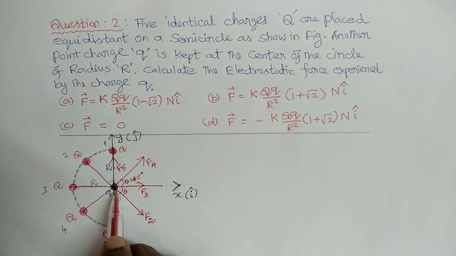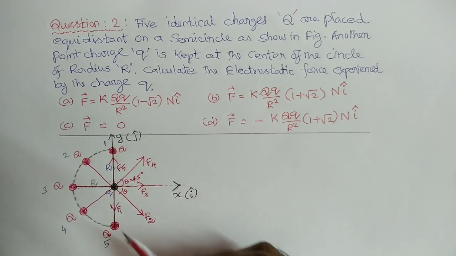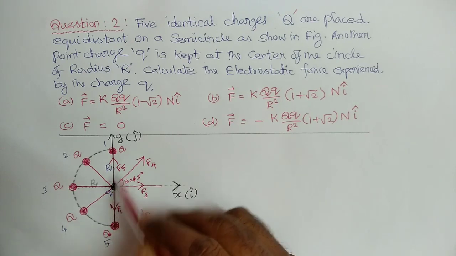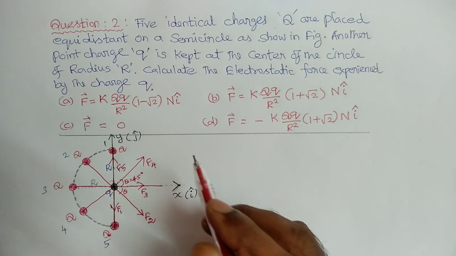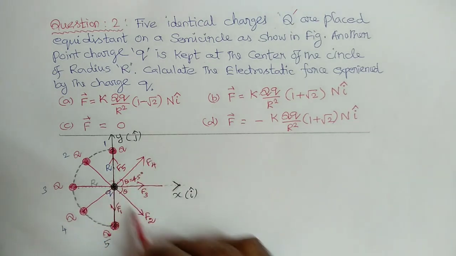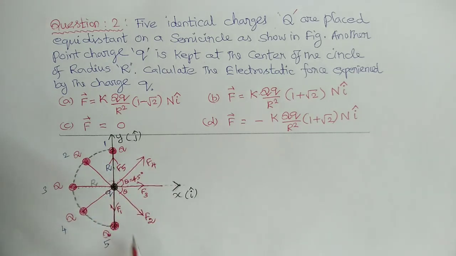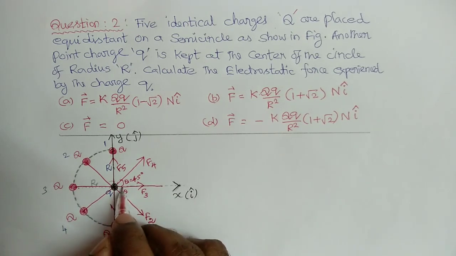Okay, so F3 is along the x-axis. That component of the vector is i cap, and F1 and F5 are along y and minus y axis, but F4 and F2 are along this diagonal. Suppose we consider this rectangle, this is a diagonal. So this F2 is resolved by this resultant. This F2 is resolved into two components. One is the horizontal component, theta is here.